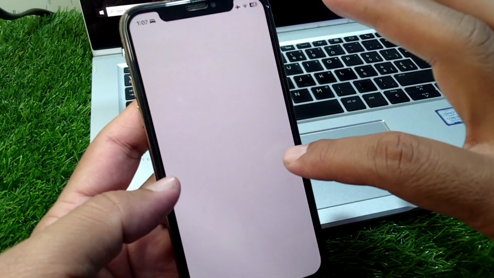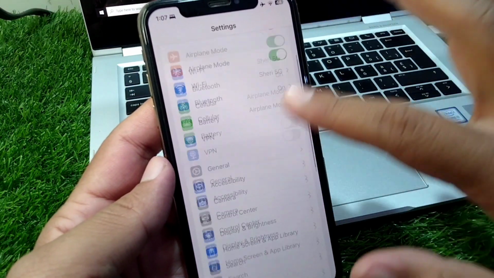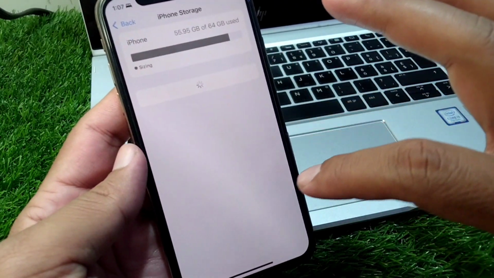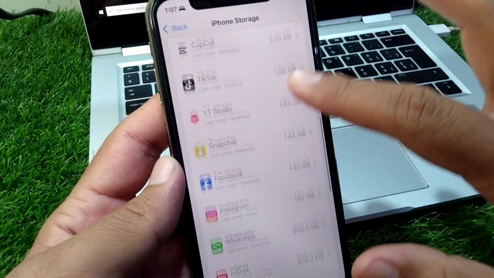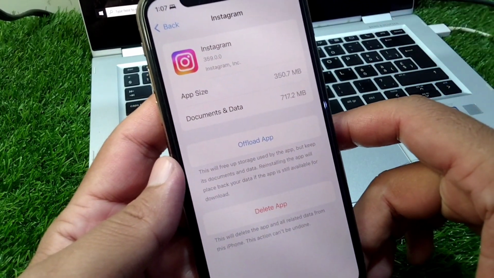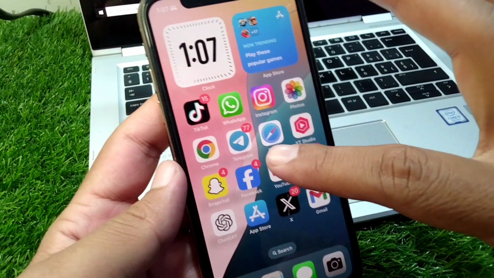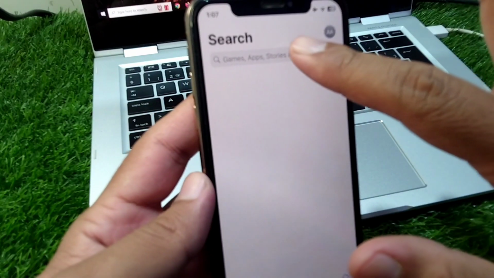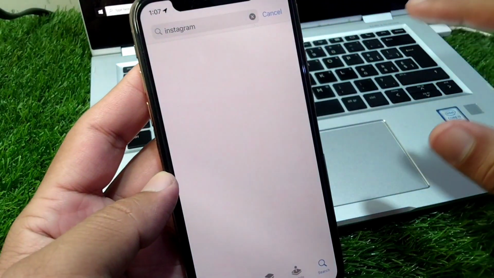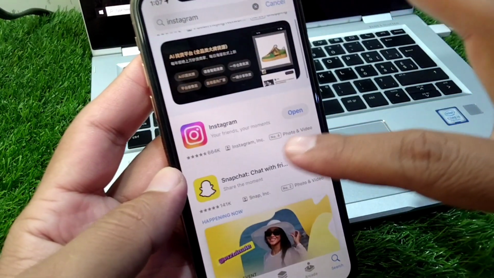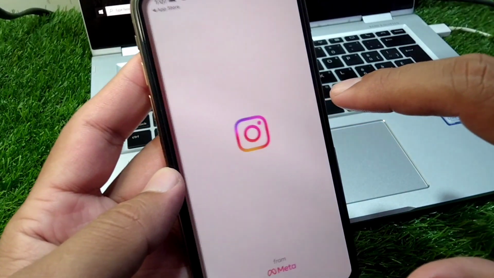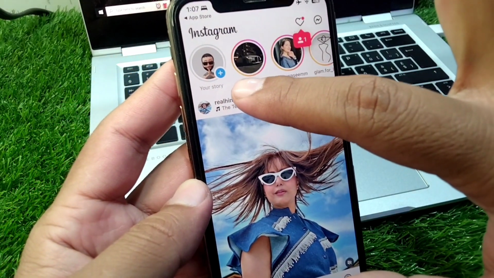So guys, first of all, open settings in your device and then go to general, go to iPhone storage, scroll it below and go to Instagram and offload your Instagram one time from here, and then open your app store and search for Instagram. Here it is, and download the latest version of Instagram on your device and then open it